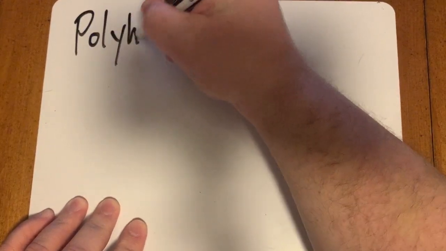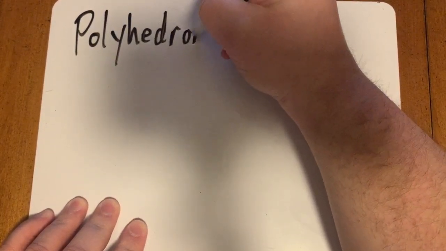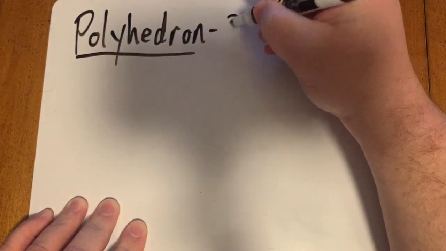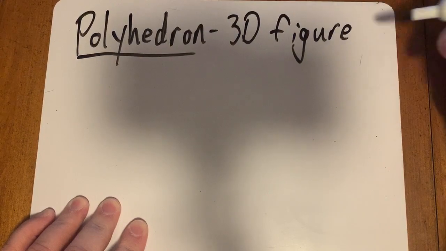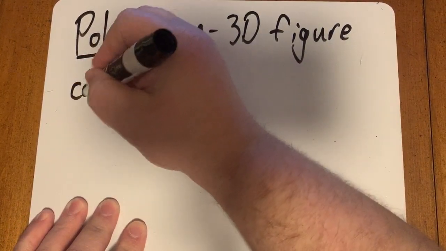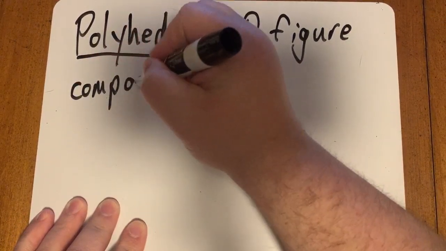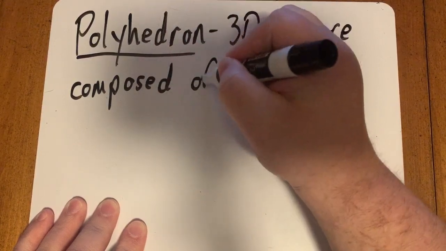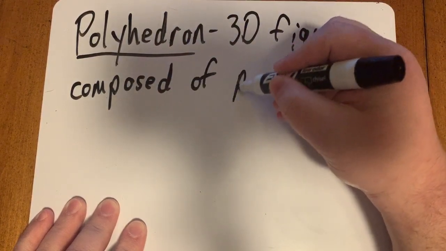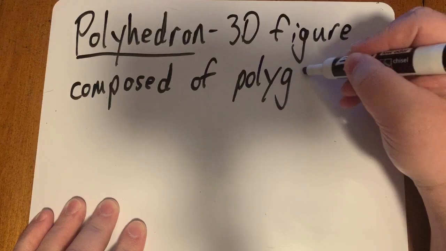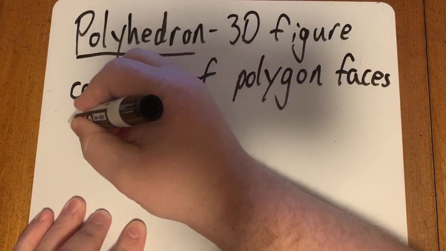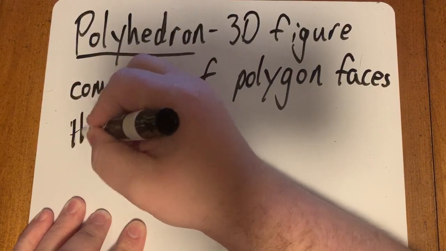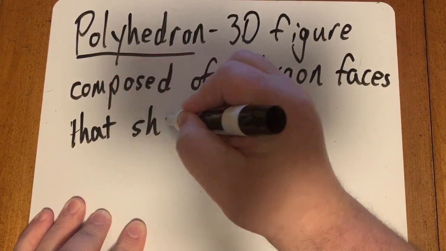Polyhedra is the plural of the word polyhedron. A polyhedron is a 3D figure. 3D, of course, means three-dimensional. And it's composed of polygon faces that share